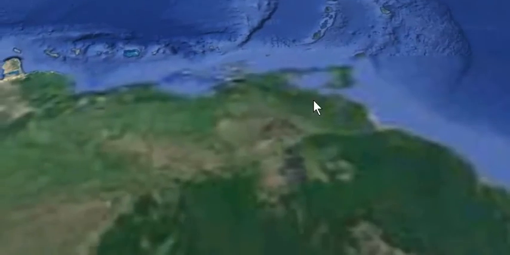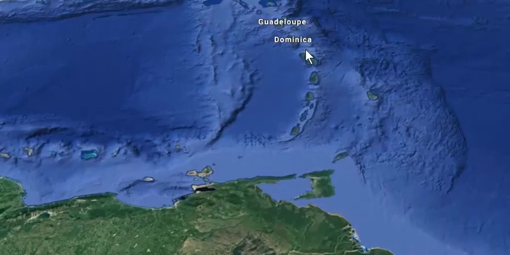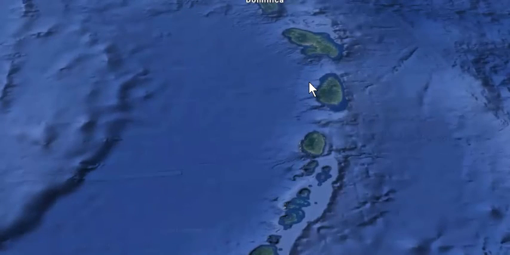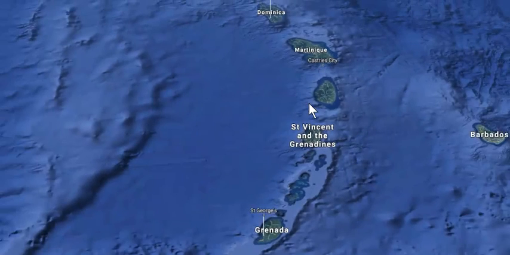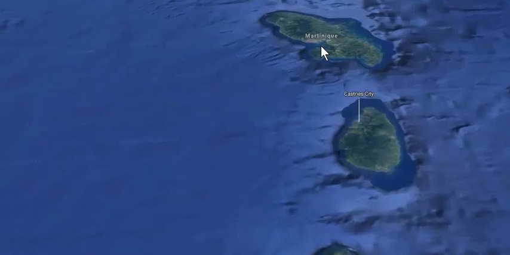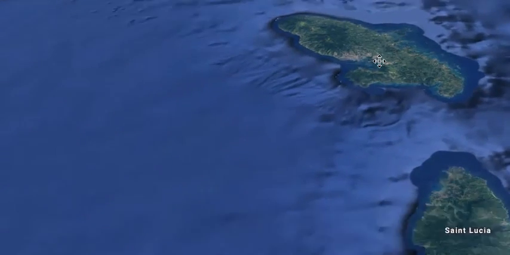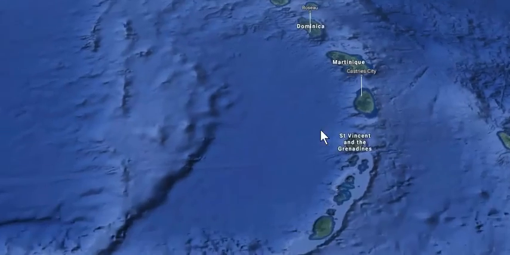Continuing on around, we've got these other Antilles islands, and so once again, some of them are high islands, some of them are low islands. So typically the high islands are going to see a little bit more people, like Martinique. We see Martinique, dense population right through there, but also these other islands,